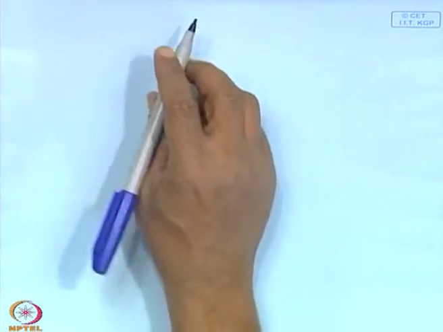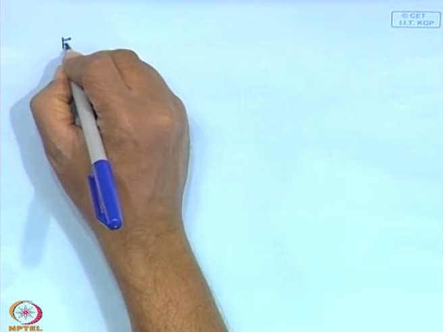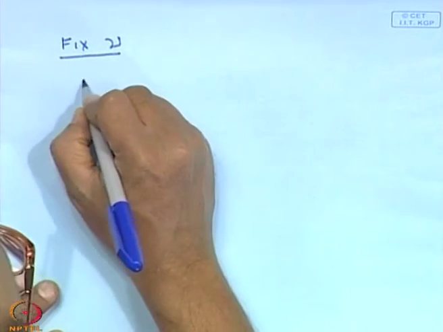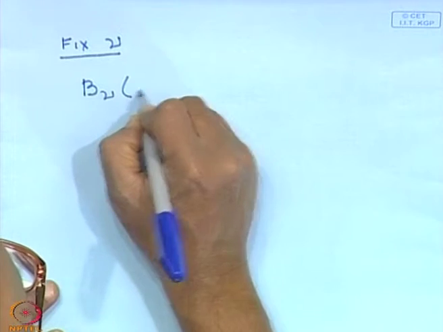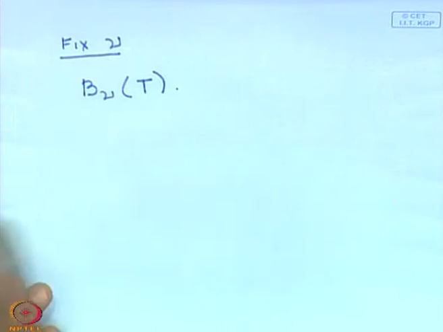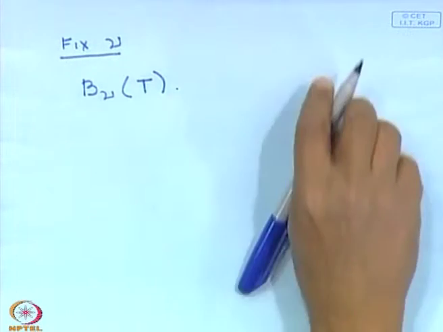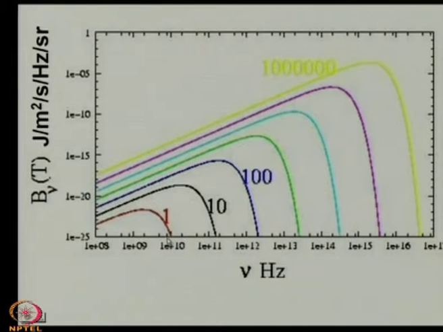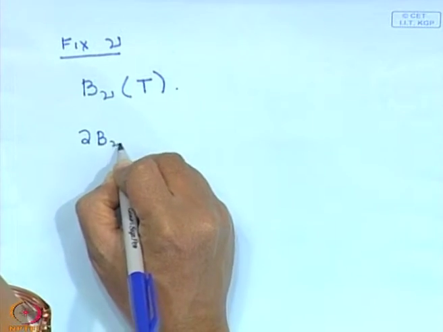So, if I fix the temperature and look at a fixed frequency, so, if I fix nu and look at B_nu as a function of T. Okay, so, I am at a fixed frequency. Let us say I look at this point over here, which is 10 to the power 10 hertz, and vary the temperature, increase the temperature. Now, it turns out that del B by del T